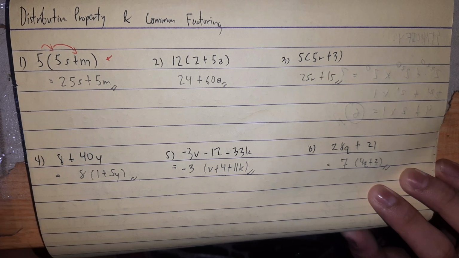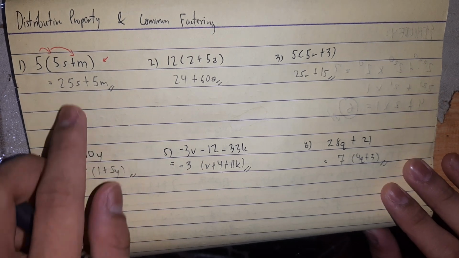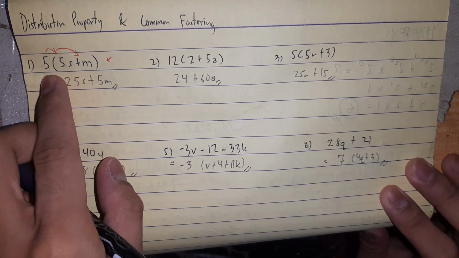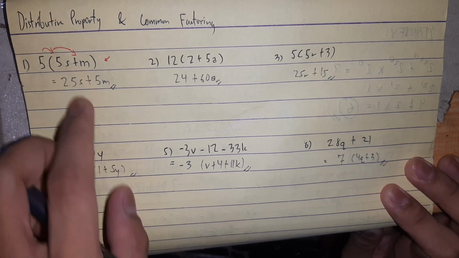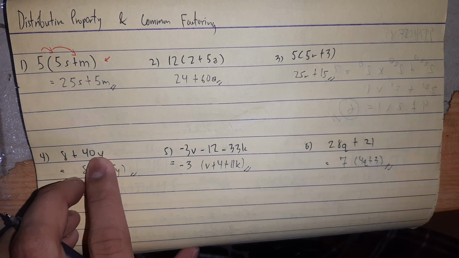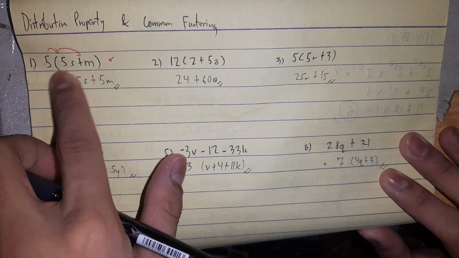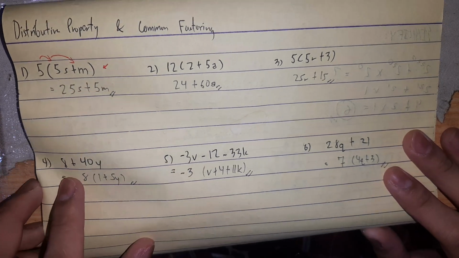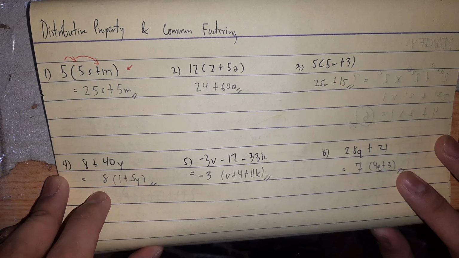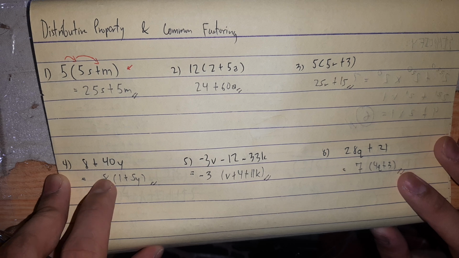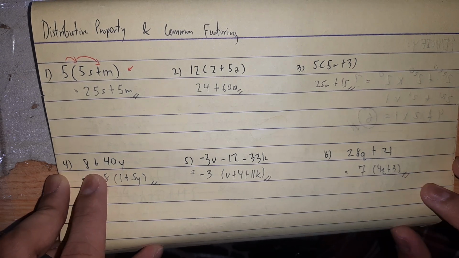The simple and basic tips to do this fast: if you see a function like this, you just distribute, multiplying each to each variable and number. And when you're going with this equation, you dissect it and make it the vice versa of this, then find the GCF of each number to be able to match. When you distribute, you will find yourself having the same as the function here. So thank you.